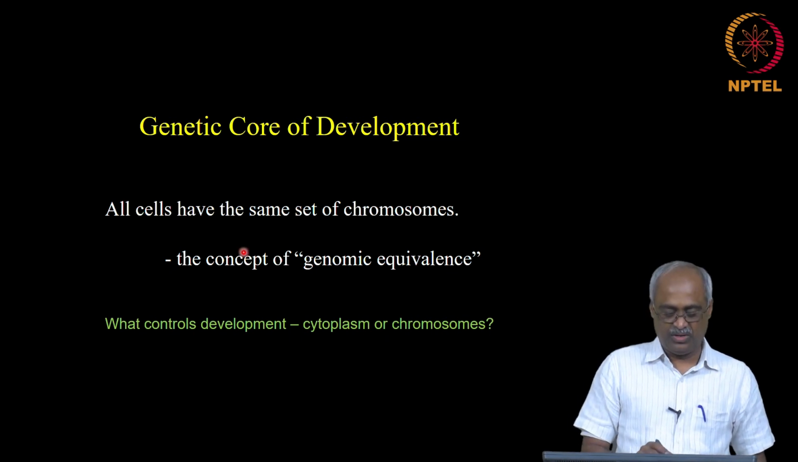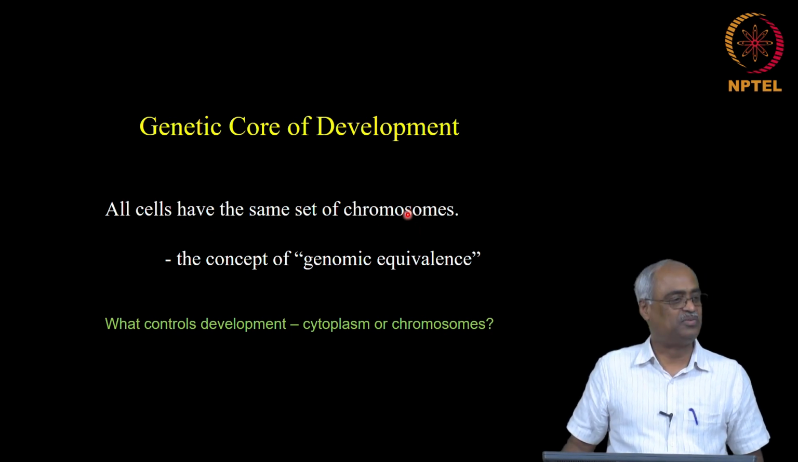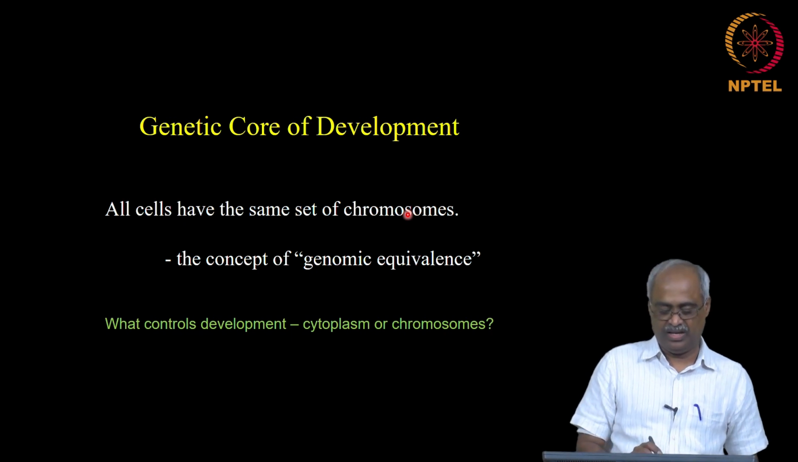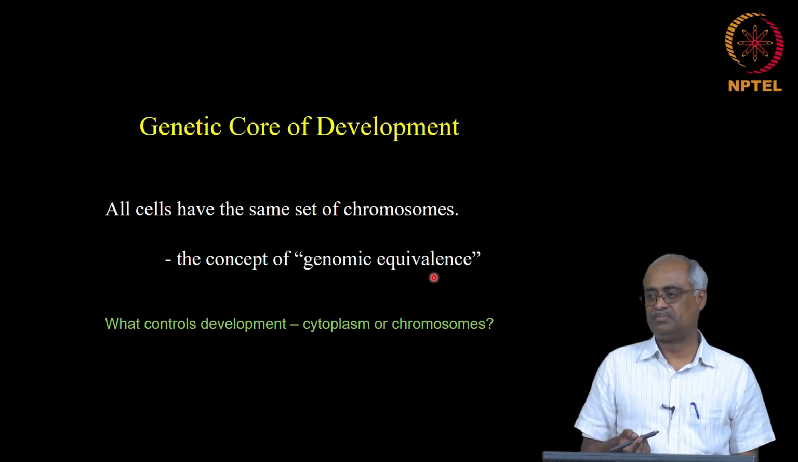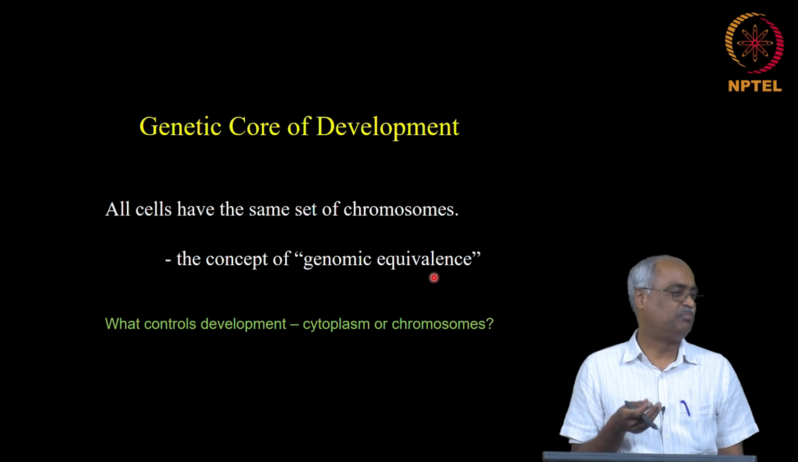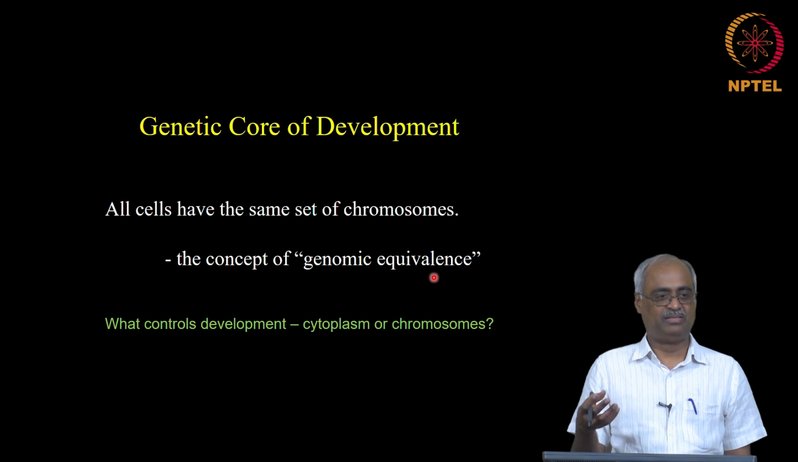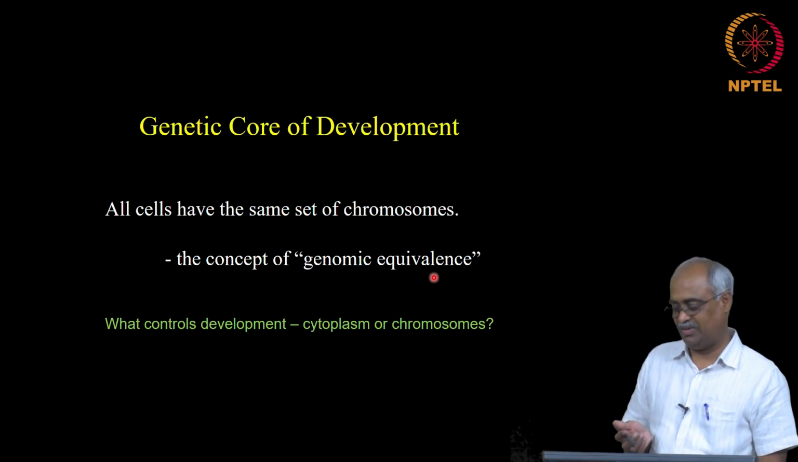So most of you already know all cells have the same set of chromosomes, and that is from where this concept called genomic equivalence comes. What it means is you take any cell of the adult body, they have the same set of chromosomes. There are exceptions. Our RBCs do not even have a nucleus, and if you were willing to think a little